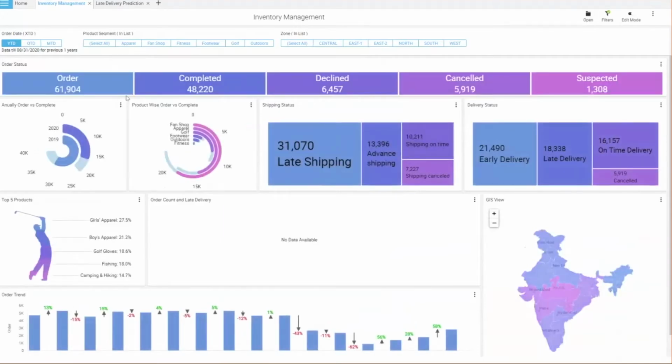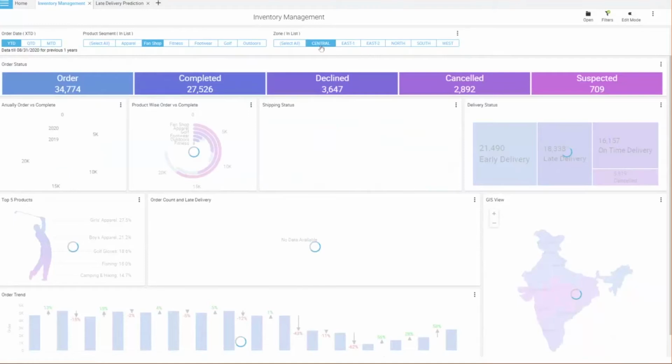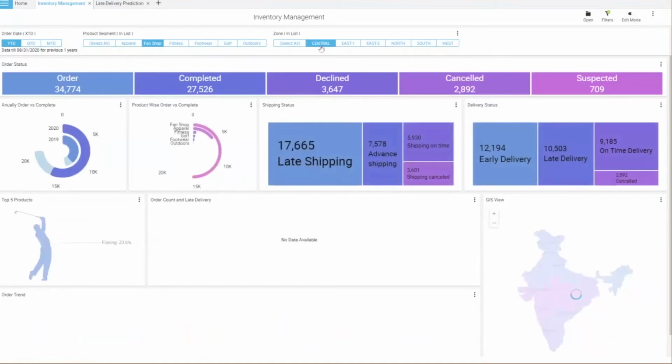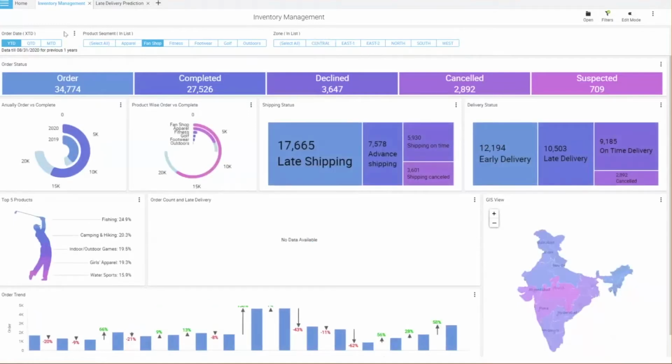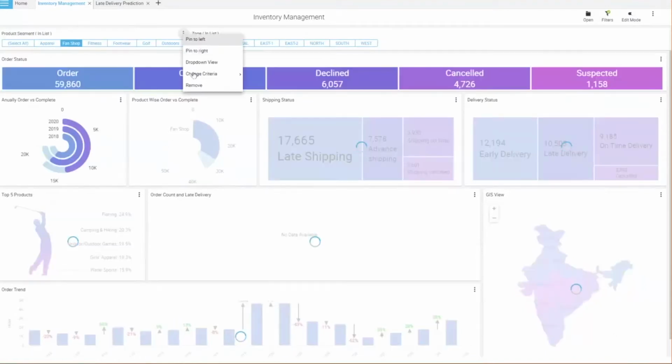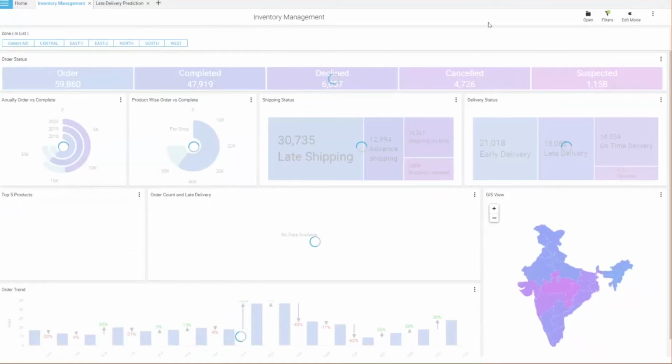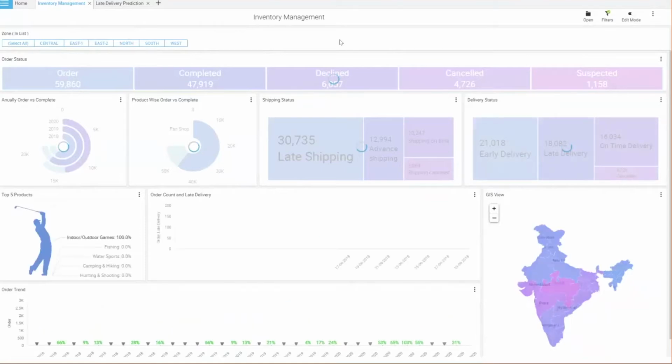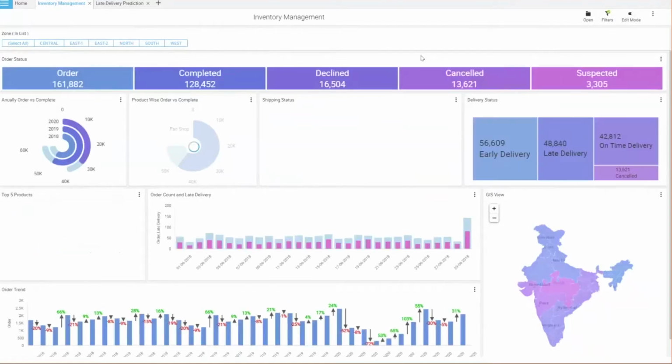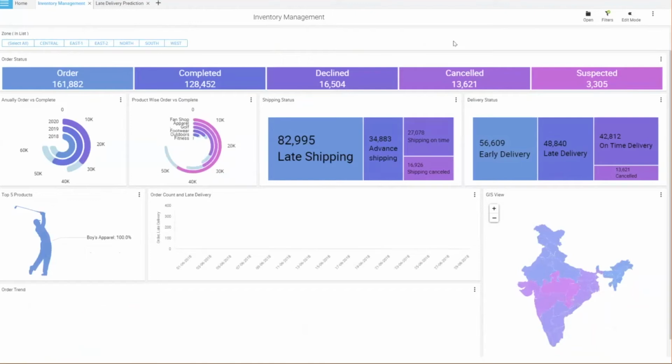And then we are trying to do the YTD analysis. So if I want to remove the selection, or if I want to combine the selection, I can do that. One is YTD for 2020 and 19, and then do a fan shop. And then I want to see for a particular region as well. Or if I want to clear out the filters, I can just remove all the filters that have been selected. It is just on the user. A business user can make use of those filters and apply the criteria and remove them if they don't need that.